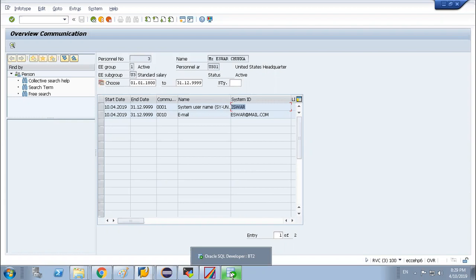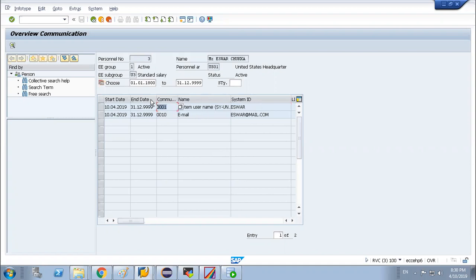Gyan, you check 0105 whether they're maintaining or not. For a few cases we have a different partner and user ID, but for few cases, for example your case, since you are not a permanent employee, that could be the reason. For contractor employees they don't provide any user ID. So in your case, you do not have any info type in this area,